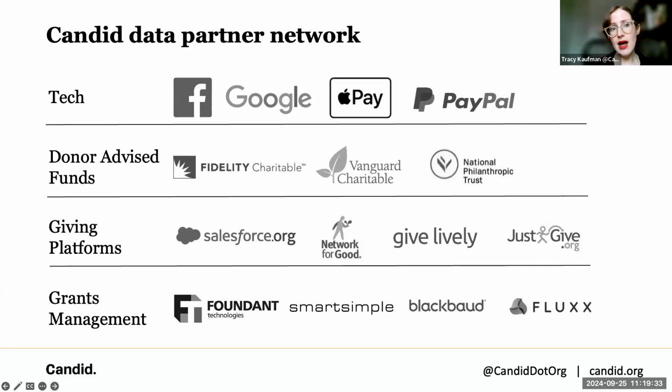So what are they going to find when they find you? Are they going to find you? They're more likely to find you in the first place if you have a seal of transparency next to your nonprofit's name. And then once they open you up, what kinds of information can they pull out to make an educated giving decision? So that is one thing that is pretty important. I think another really important thing to focus on here is this bottom piece, grants management.